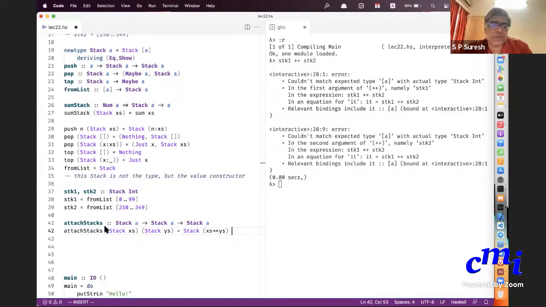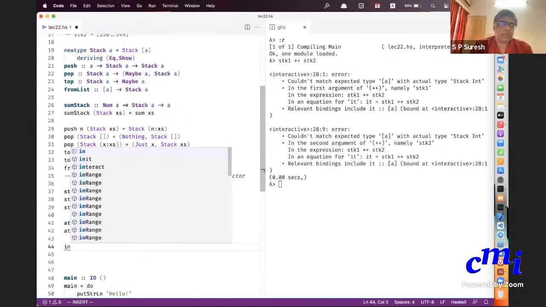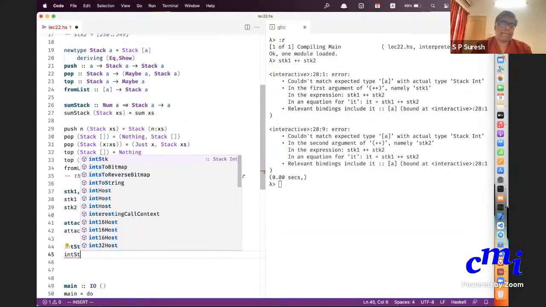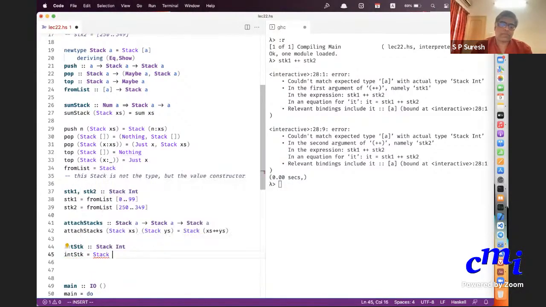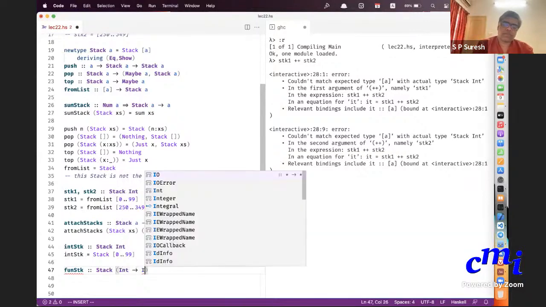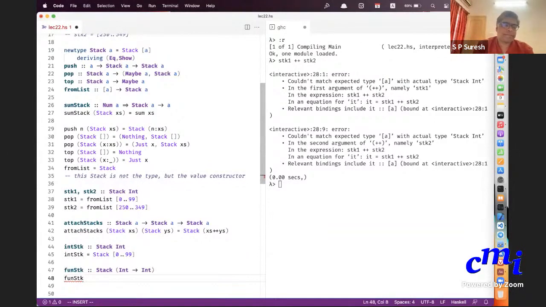Okay, so let me show you how it works. I can create these two stacks.